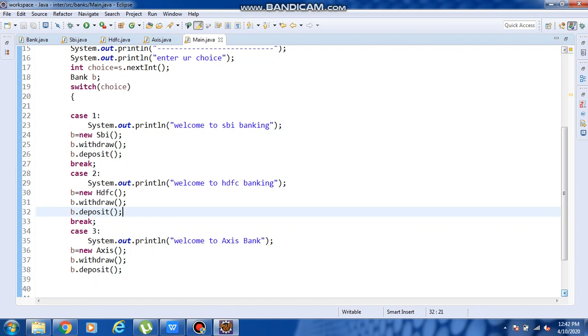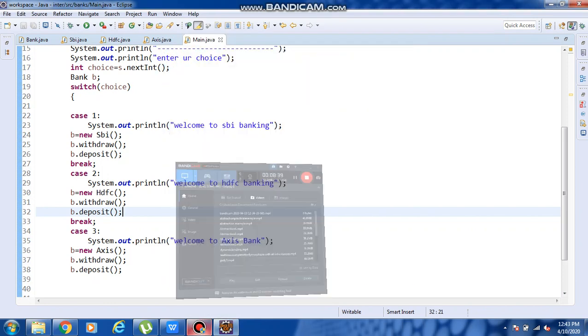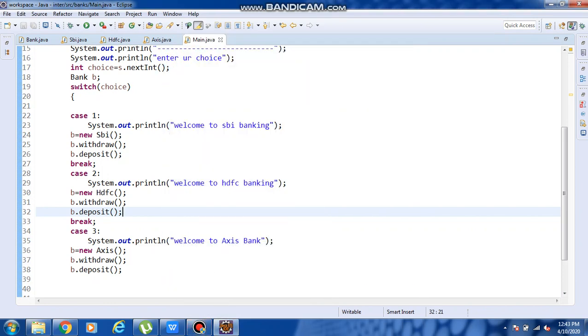So how can we do that program? Now we will see. Already we are using one switch condition here, so again internally we have to use another switch condition here. Switch inside the switch. So the nested conditions we have to use here.